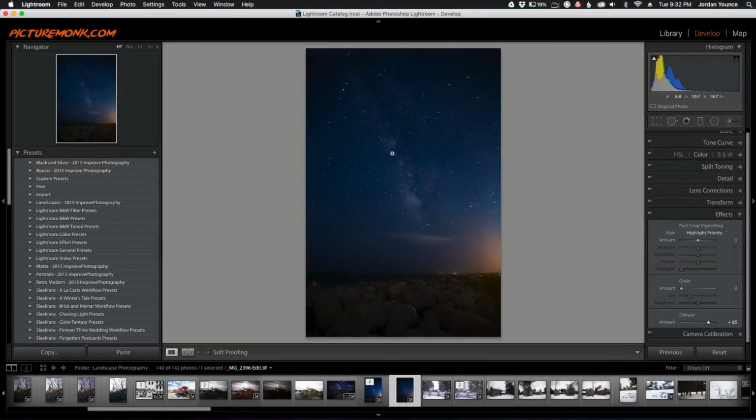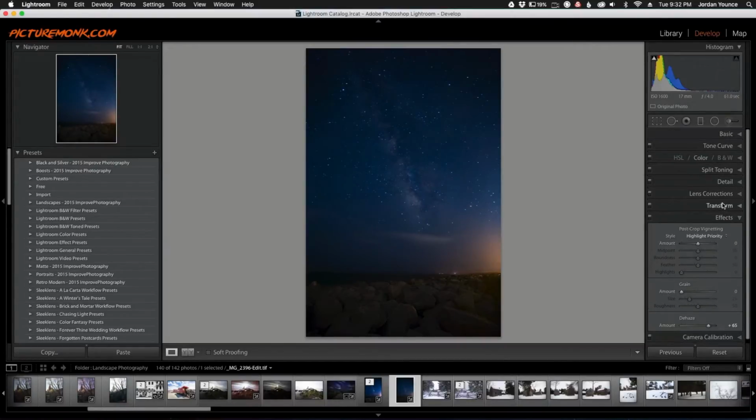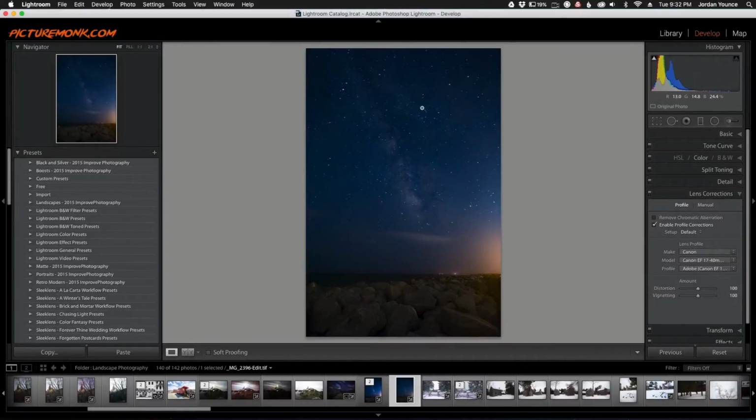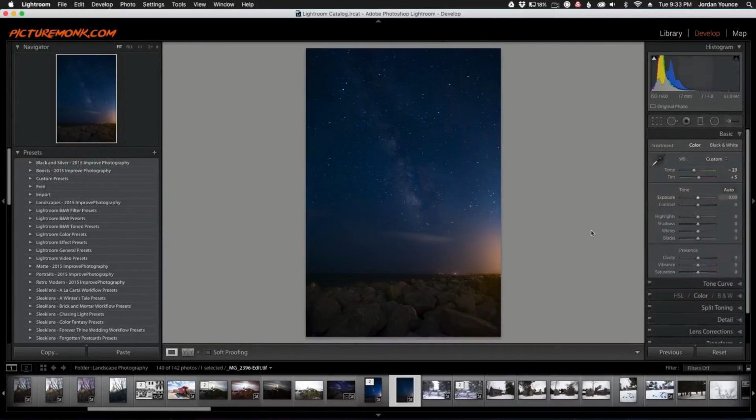And now doing that, you can see we do have the detail here, but we're actually getting a lot of vignetting over here. So I can decrease the vignetting this way, or I can go to my lens corrections and enable my camera profiles, which will automatically take a little bit of that away. It also straightens out the photo just a little bit, but that's one thing I want to make sure I have there. Okay, so now we can go back to the basic panel,